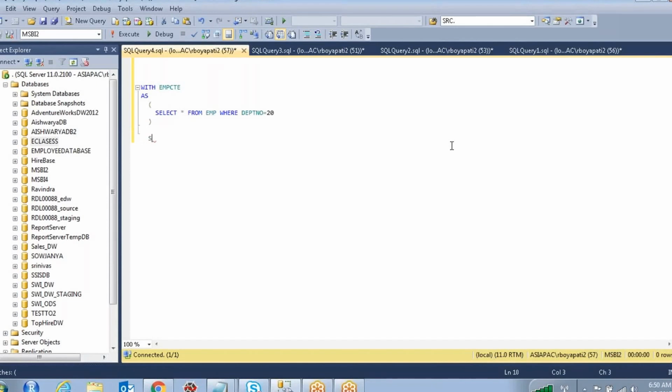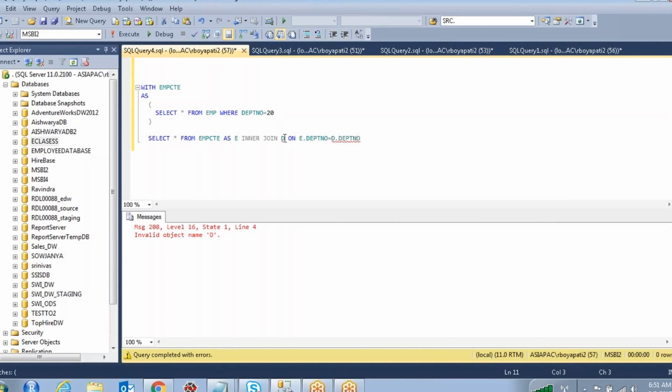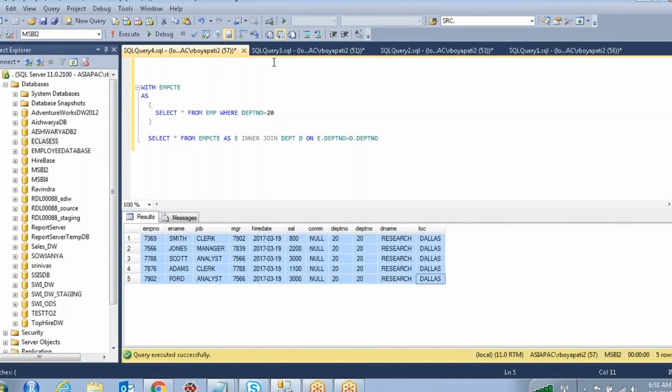Right? So what do you want to do? I want to join whatever this result, that result will come into this one. Alias name I want to give E, inner join D. Okay, inner join D on E dot department number equal to D dot department number. See, inner join department table, same result is coming. But